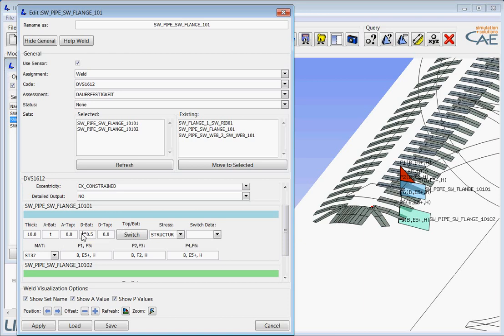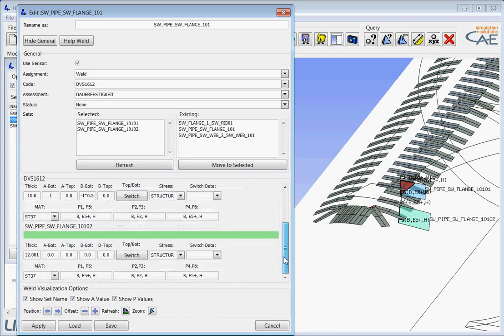Minus 0.5, which moves then the root all the way in, which is representative for the flange and the web, and the pipe itself has only toes running around the weld,